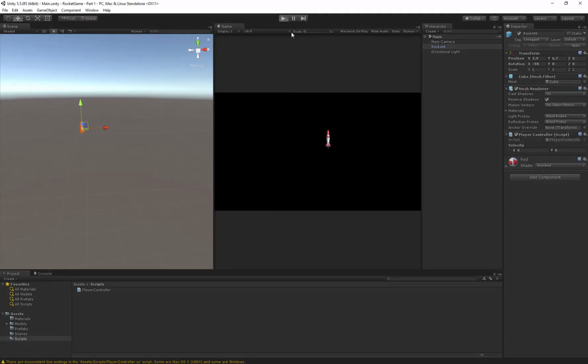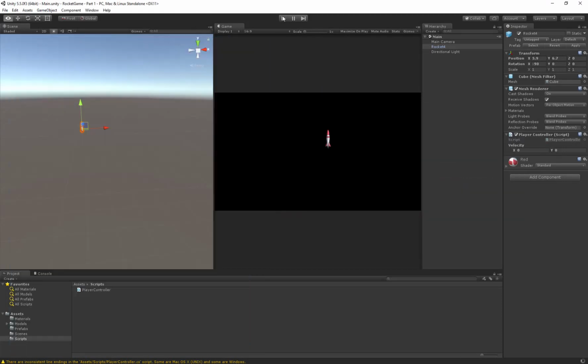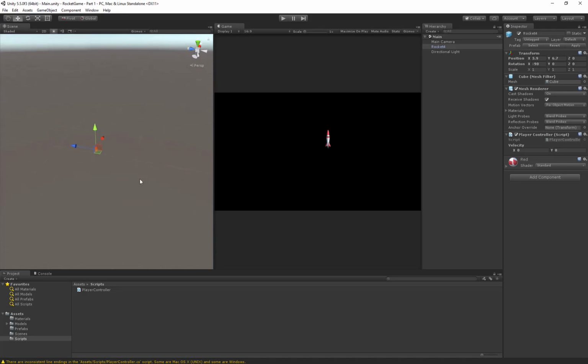Let's go ahead and get back into the editor and play. And you can see our ship just took off. So maybe 3 is a little too high. We'll try 1. And 1 will probably be too high as well. And so you can see quickly that we need some way to fix this